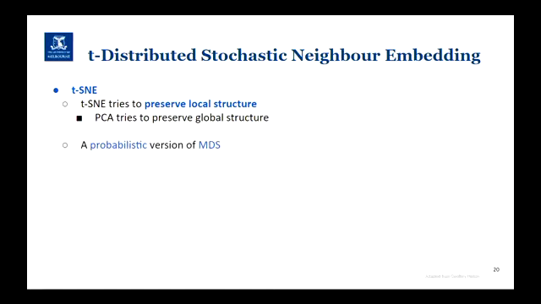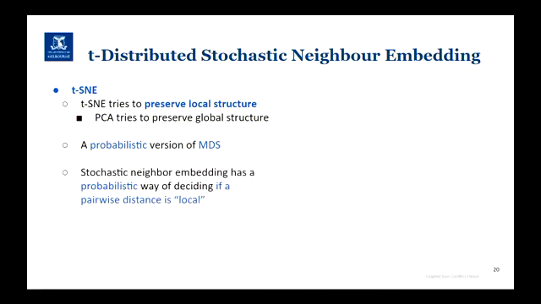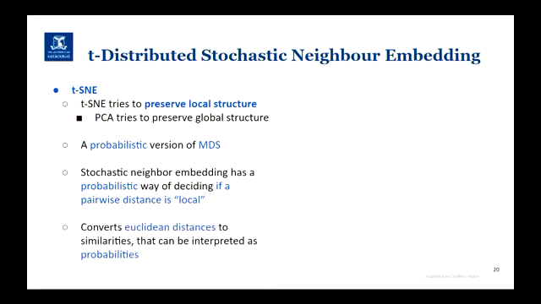It does that via a probabilistic version of multidimensional scaling. Stochastic neighbor embedding has a probabilistic way to decide whether a pairwise distance between two nodes is local or not. It converts Euclidean distances to probabilities. So there's a probability to say that two given nodes are local, or connected or not, and this is inversely proportional to their distances. And it does that